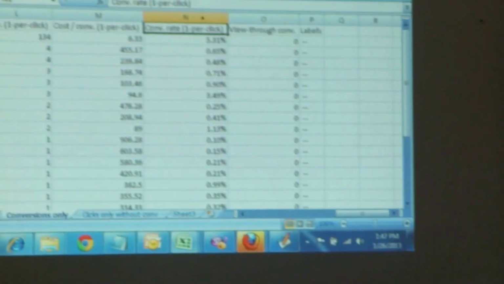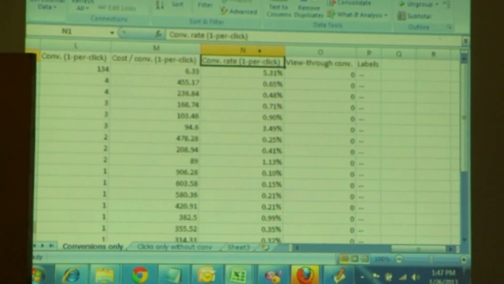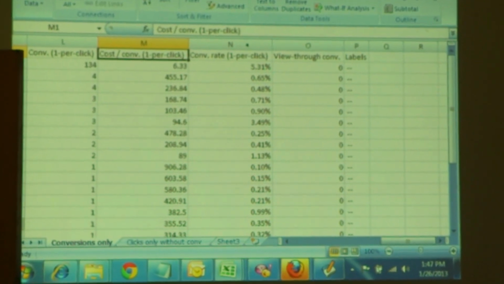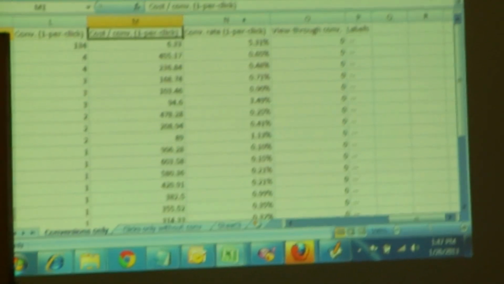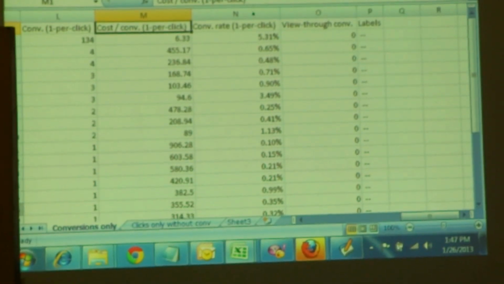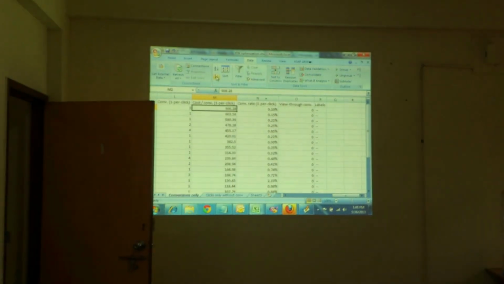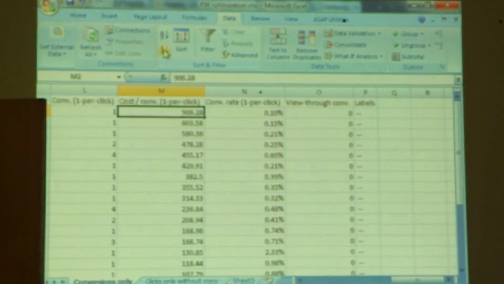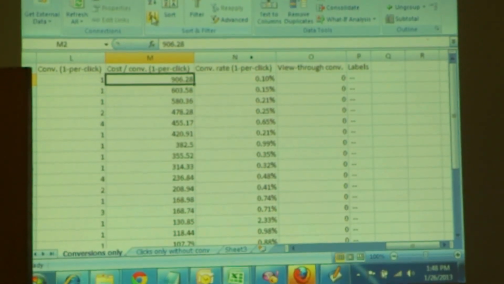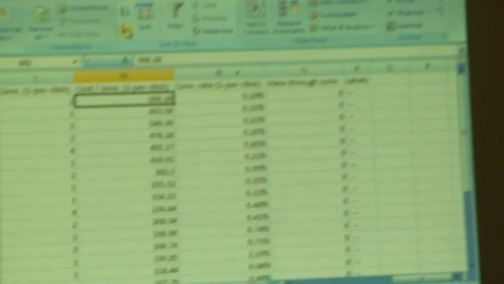Just put the Z conversion, cost per conversion. This is the one, no? Cost per conversion. Yeah, just put ZA, down arrow key. ZA. Yeah, up. Everyone, I didn't get you. Yeah, so these are all those keywords. These are all those keywords with CPA, starting from the maximum, going down towards the minimum.